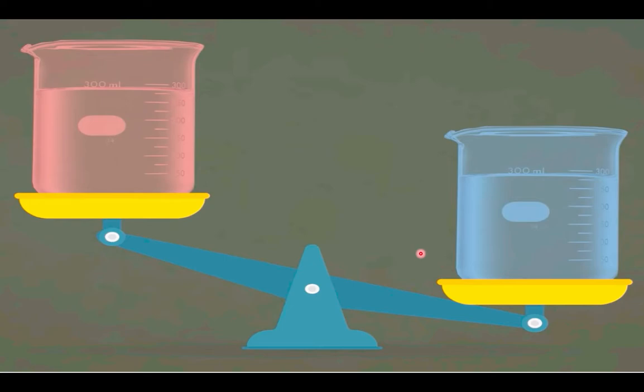Now the first one is temperature. Let's consider temperature. Here we can see that this blue jar is representing cold water, and this red jar is representing warm water. We can clearly see that this cold water is more massive than this warm water. The reason is, when you cool something, it simply contracts. So in a small volume, you now have more mass, and we know that density is equal to mass by volume. So the density over here will be more than this one.